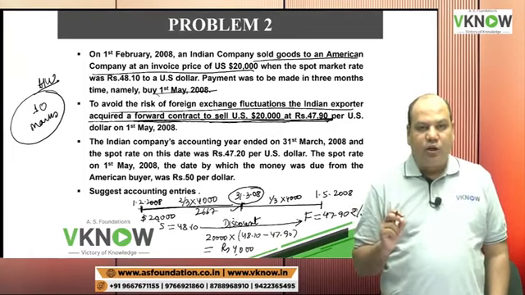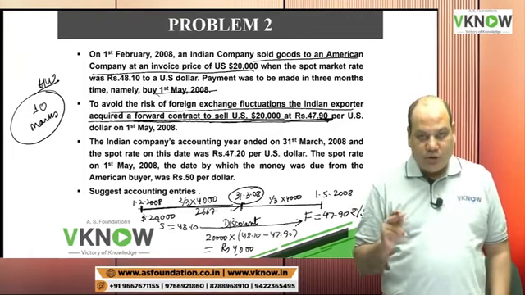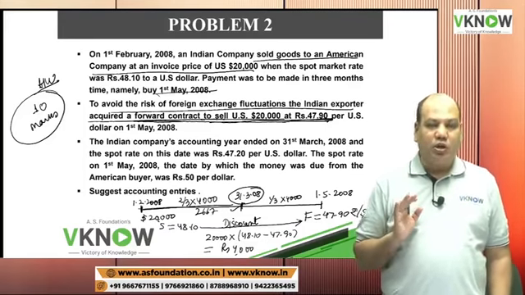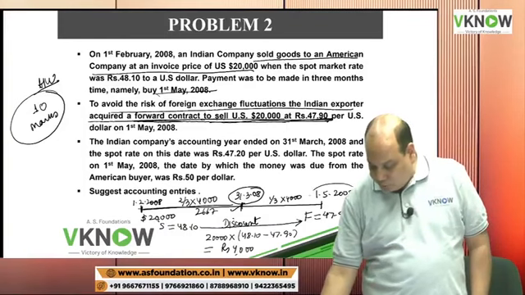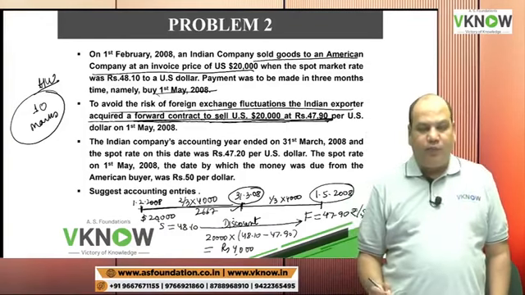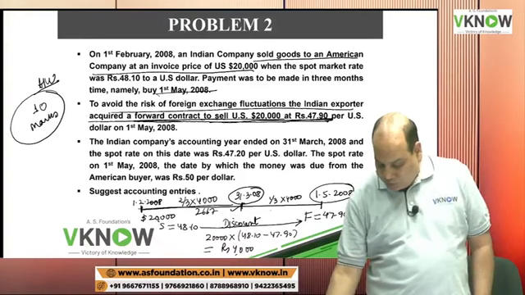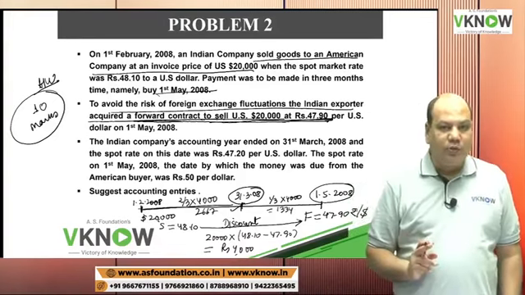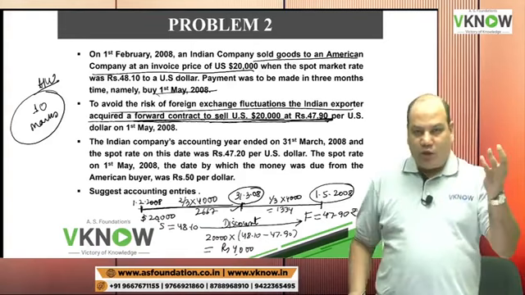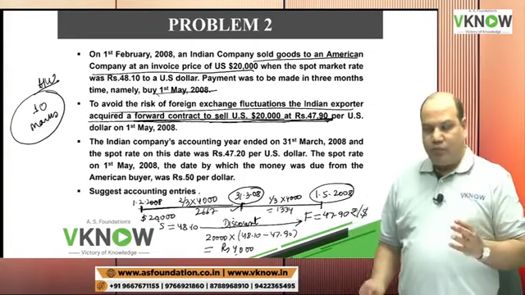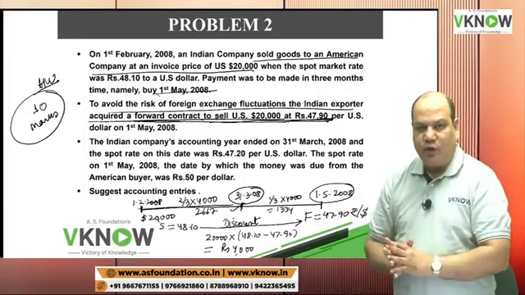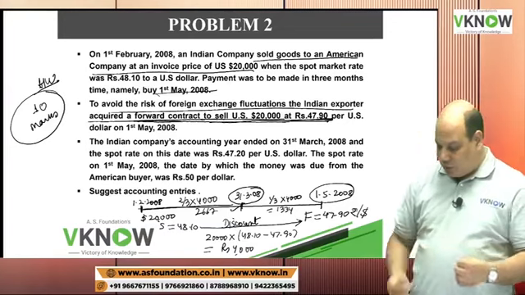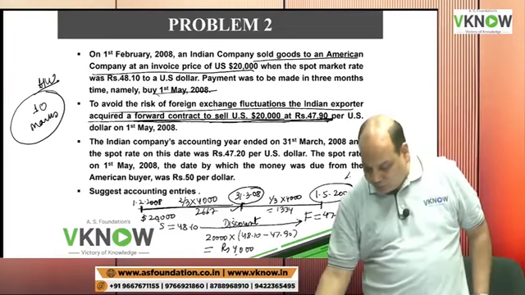On 31st March, you are going to revalue two things, debtor and forward contract payable in dollar account. Then you will go to 1st May. On 1st May, the remaining amount of forward discount will be transferred to P&L account. You will receive the amount from debtor. You will make payment to forex dealer and you will receive the rupee amount from forex dealer. So 4 entries you have to pass